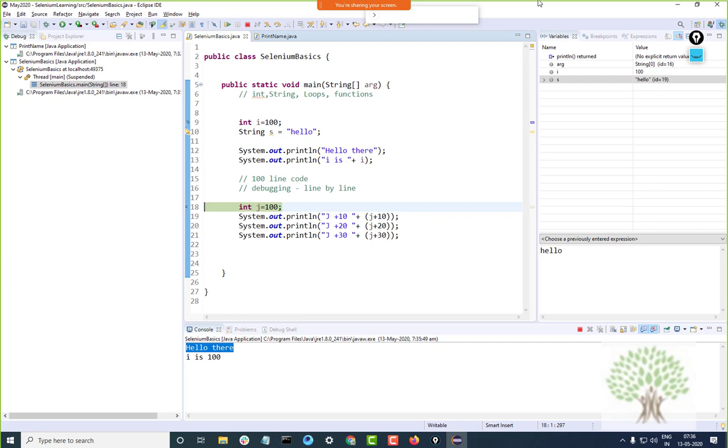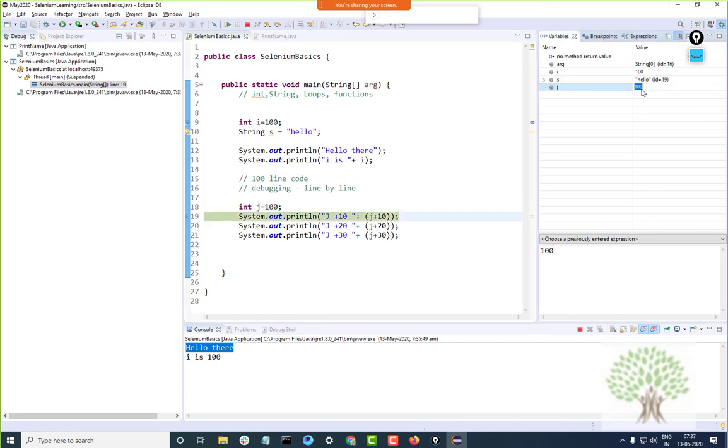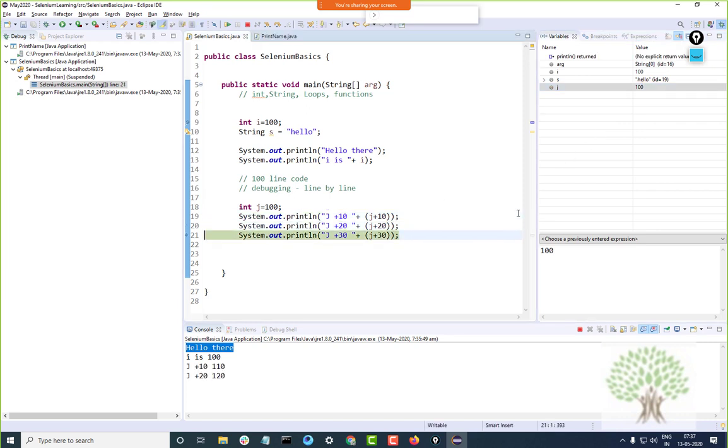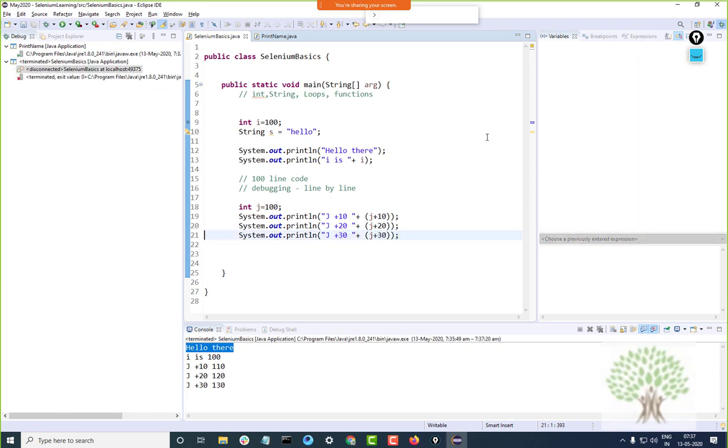Now suppose j comes up, I hit F6, the value of j is 100. You keep on hitting F6 and it will keep on printing the statements. So at runtime you can see what is happening with the value of variables. If I hit F8, this will run like a normal Java program.